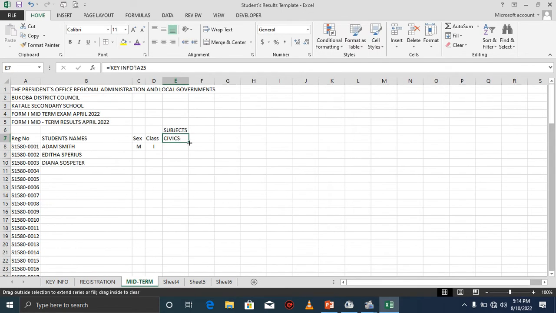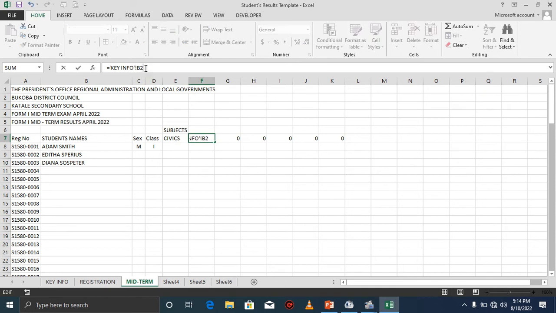Then I will have to highlight up to here. Then I will have to change. This is A25. This is B. This one will be A26. This one will be A27. This one will be A28. And this one will be A29. This one will be A30. This one will be